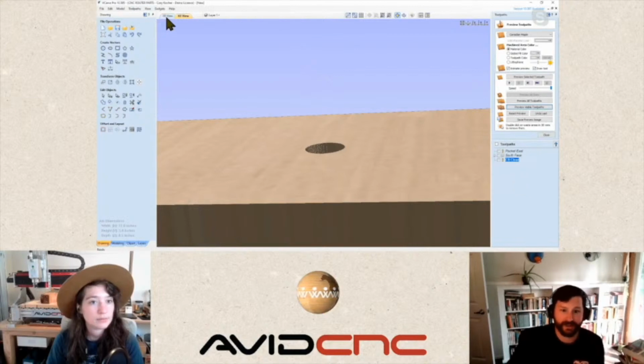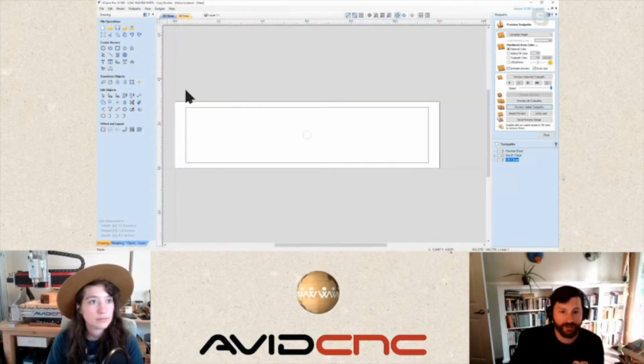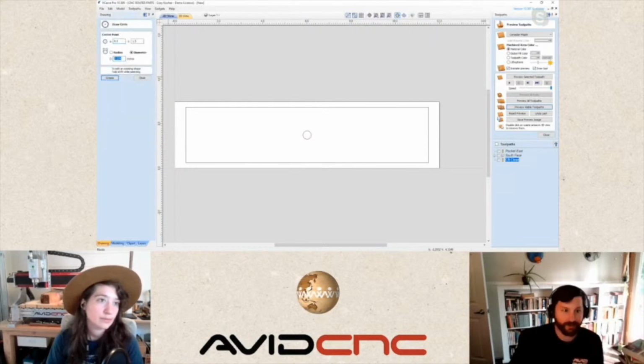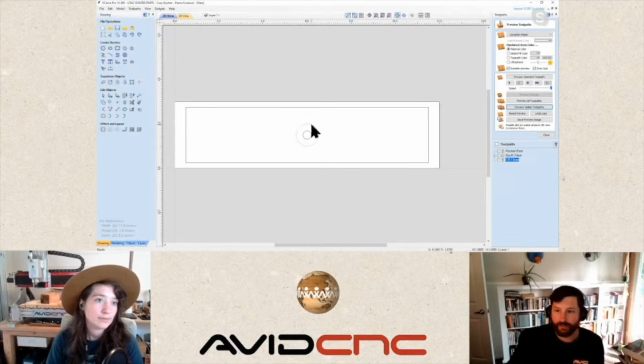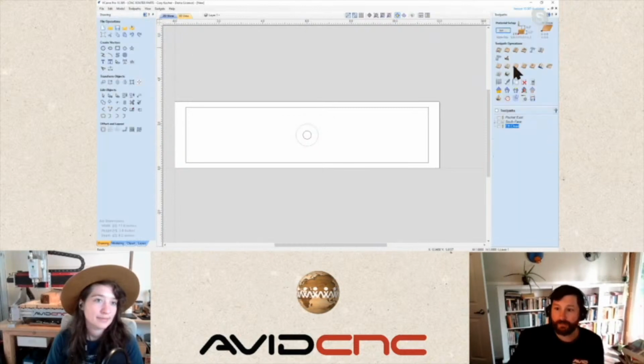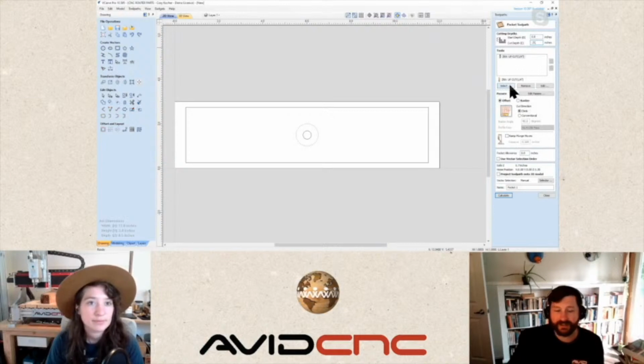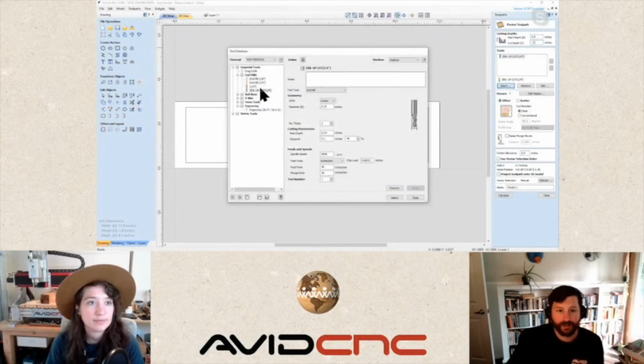So let's do that. So we're going to go ahead and draw another circle here at the center of our workpiece. This circle is going to have a diameter of 1 inch. And we're going to go ahead and create another pocket toolpath for this. We're going to have a cut depth of 0.25 inches. We're going to go ahead and select a different tool. We're going to select this tool here with a pass depth of